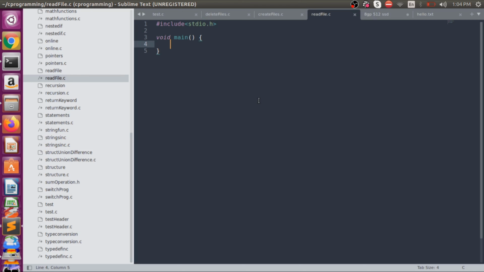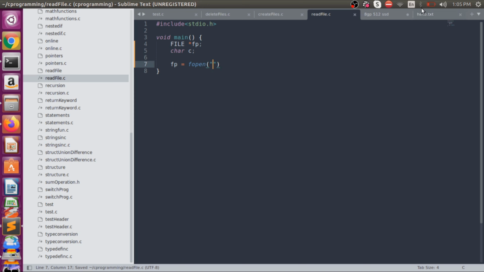So for that, we have a function here, void main, that we will write down. First of all, we need to write down a reference of a file. Then we need a character which will read the file. Then we need to open that file. The way is very similar: fopen, then the path of that file.